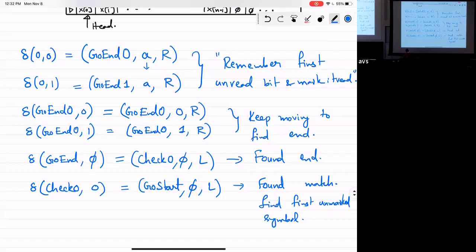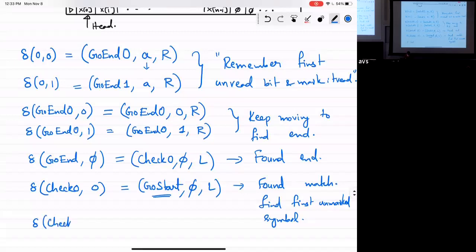It's a little bit tedious to write down this code, but we'll do it once, as I said, and later on, these high-level explanations will suffice. Right? And you can keep on going. Now I have to tell you how to write this go start. How do you implement this go start? How can I find the first unmarked symbol on the tape? Well, I'll just say it in words. You keep moving to the left until you see A. Once you see the A, you know that you reached the first unmarked symbol. You jump to the right. Okay?